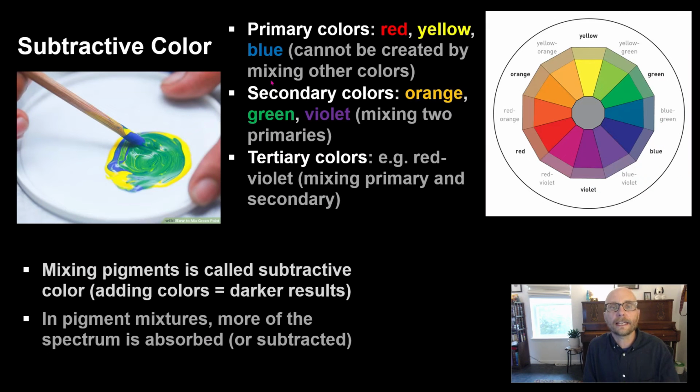So if we look at our color wheel, we can see we have three primary colors. The primary colors are red, yellow, and blue. We call these primary colors because primary means first, and so all colors are derived from mixing these colors. It also means these colors technically, theoretically, are irreducible. There's an argument against that, but that's a little more advanced than what we're trying to get into here. So, for all intents and purposes, these colors are irreducible. Red just exists, yellow just exists, blue just exists,